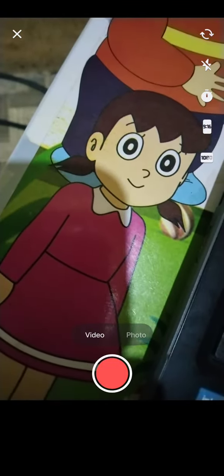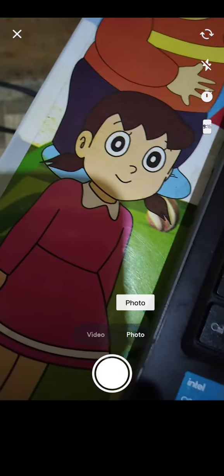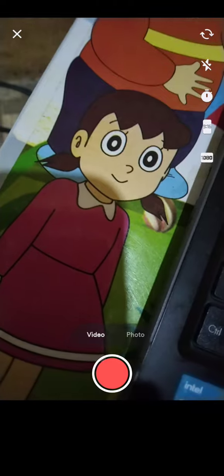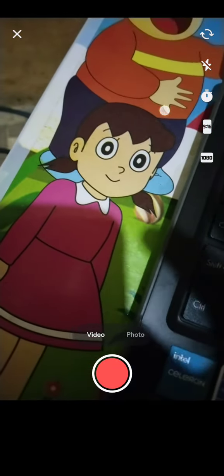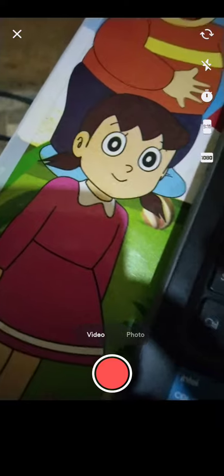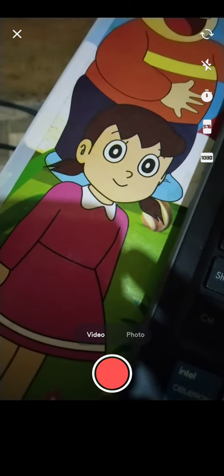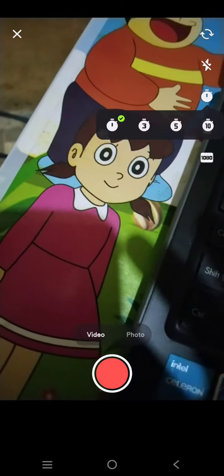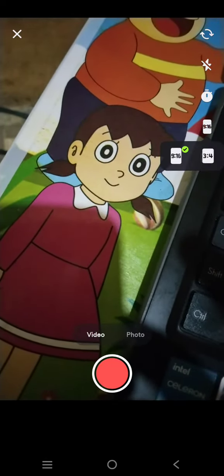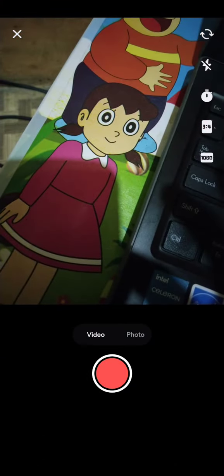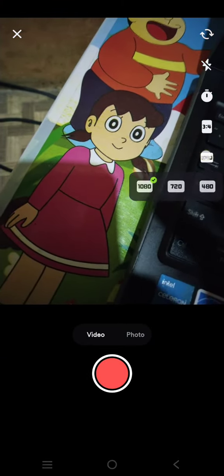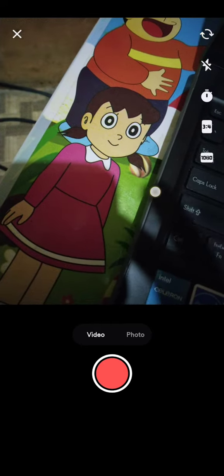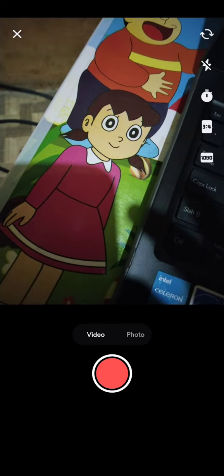You can choose between the video or photo. If you want to take the photo, just click on the photo tab in here. If you want to click a video, click on the video here. On the right side, there will be some settings that you can modify. For example, you can use a timer. You can also change the ratio of the video result, and you can also change the quality. Okay, I'm going to just go with 1080, and to start recording the video you can just click on the